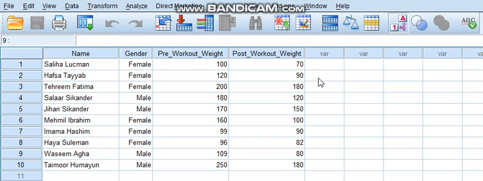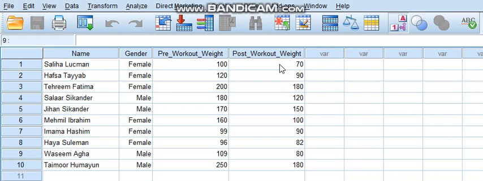So basically here we have data from 10 individuals who adopted a certain workout regime to lose weight, and we have their pre and post workout weights, and we're going to see whether the workout was effective or not. So let's formulate our hypothesis to be tested. Now our null hypothesis would assume that there is no relationship between the workout and the weights of the people. So according to that, the weight of the people should not change after the workout, and so there would be no significant difference between the pre and post workout weights. So let's perform the test and see whether our hypothesis is going to be accepted or rejected.